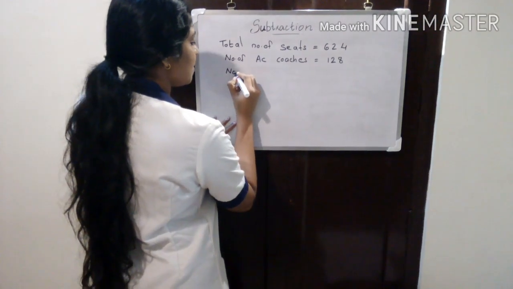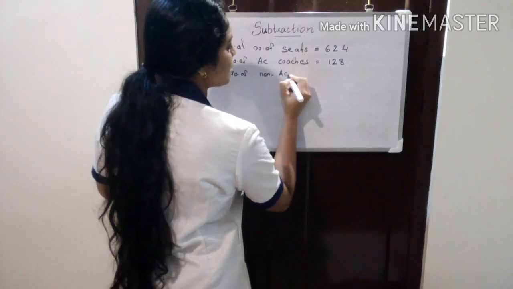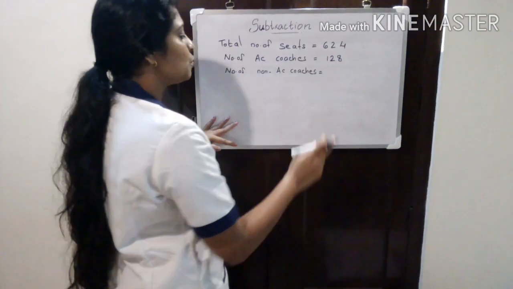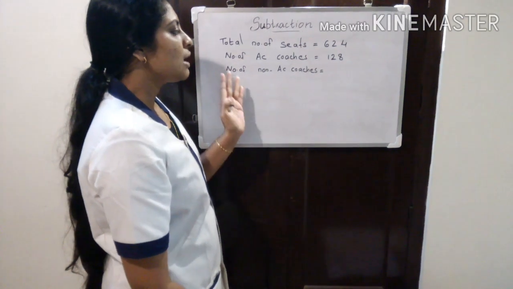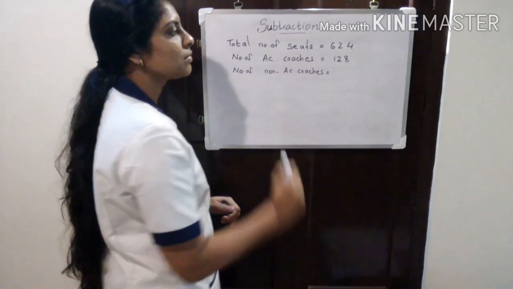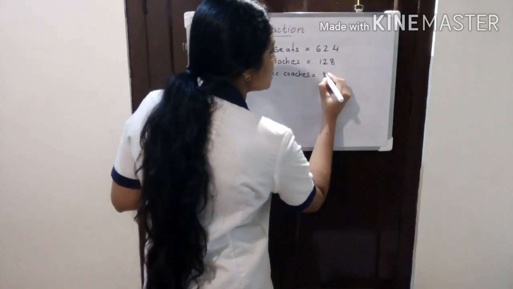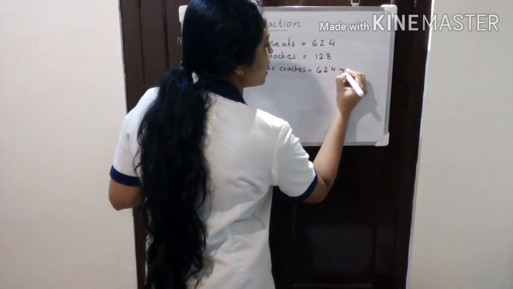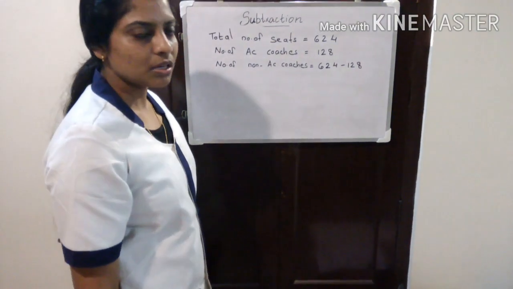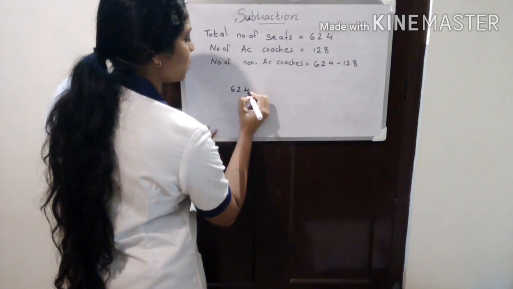Next step is the number of non-AC coaches. To find the number of non-AC coaches, we want to subtract AC coaches from the total number of seats. That means 624 minus 128. Do this in your margin column. That means 624 minus